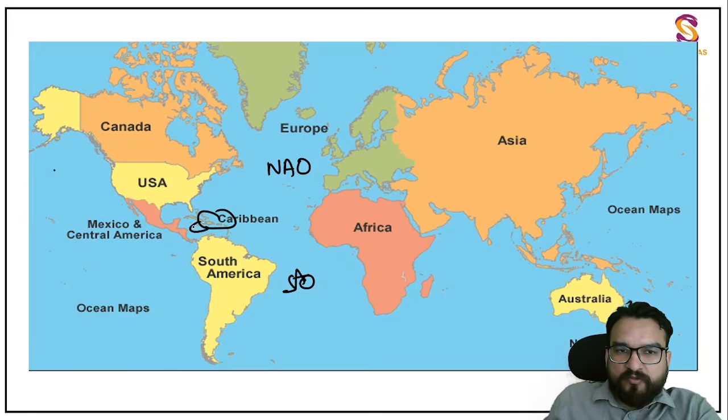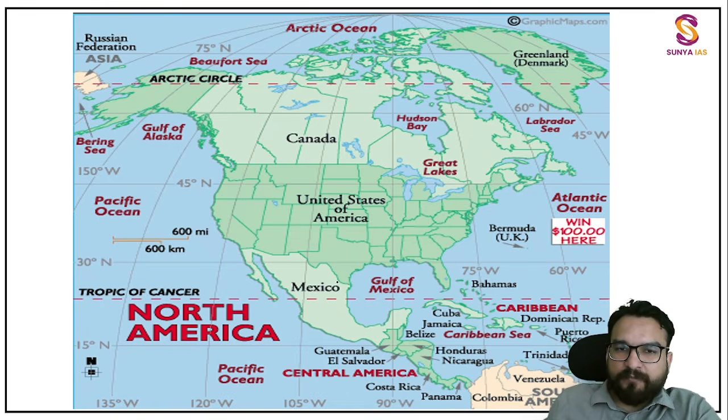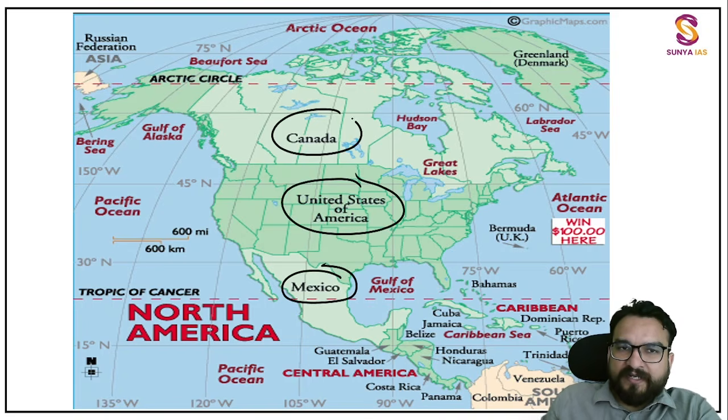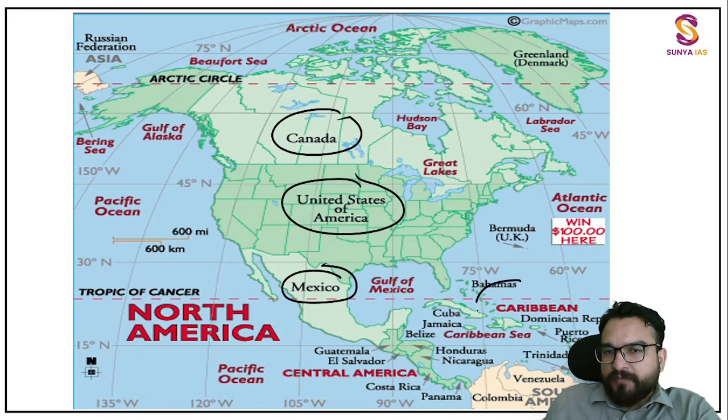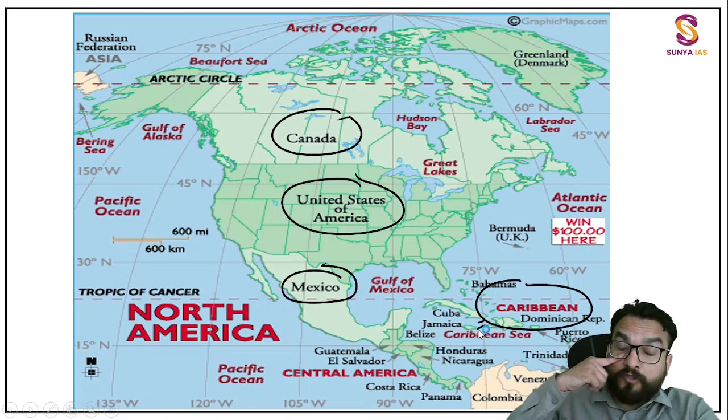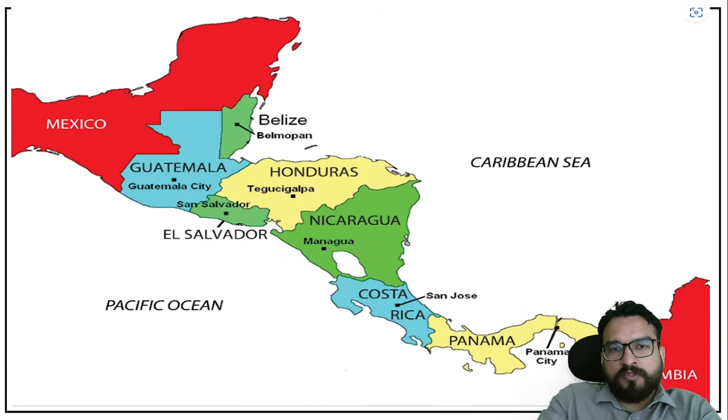So the Caribbean Sea, over here you are going to find, near that we will understand the Caribbean countries and Central American countries. Now this is easy to understand. See this in the map also, that Mexico, USA and Canada. This we will understand later on, right? First of all, we'll be focusing our energy on the chaotic part. If we learn this chaotic part over here, we are good to go, right? So over here, we'll be focusing on Central America and the Caribbean islands, on what to learn, what to leave, and how to learn this basically, right? So first, see these Central American countries. Now, before understanding this, you must have heard this word, Latin America.